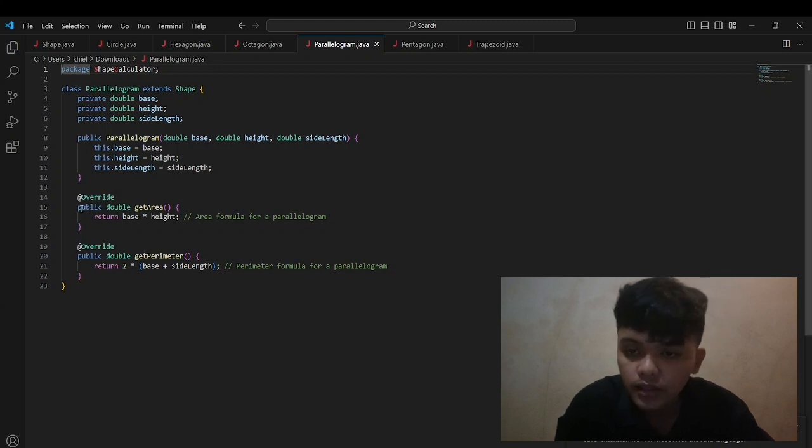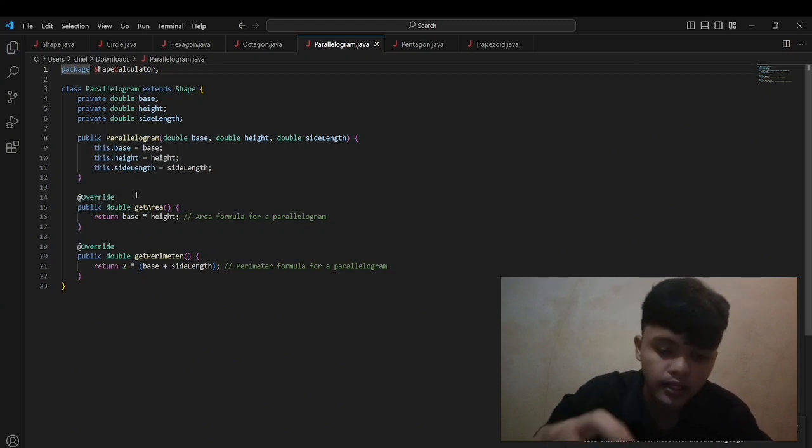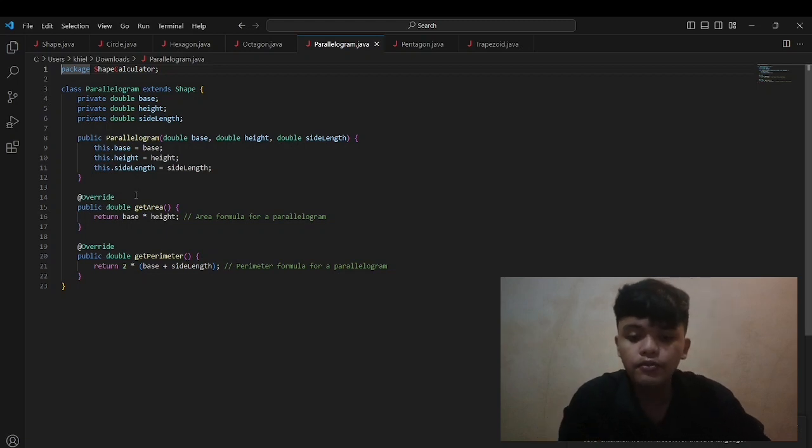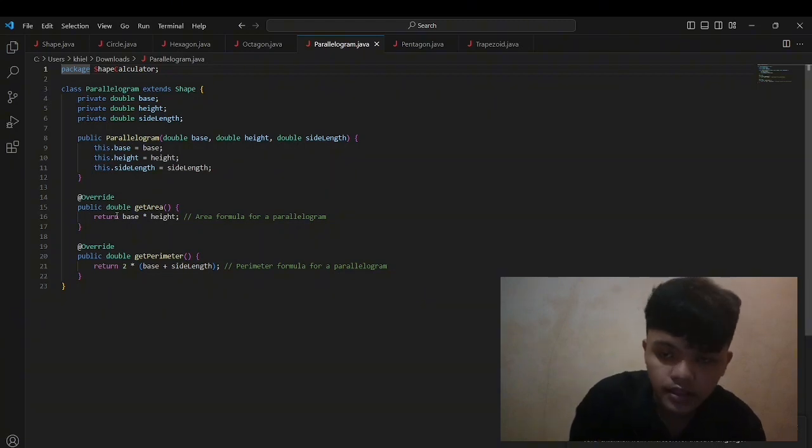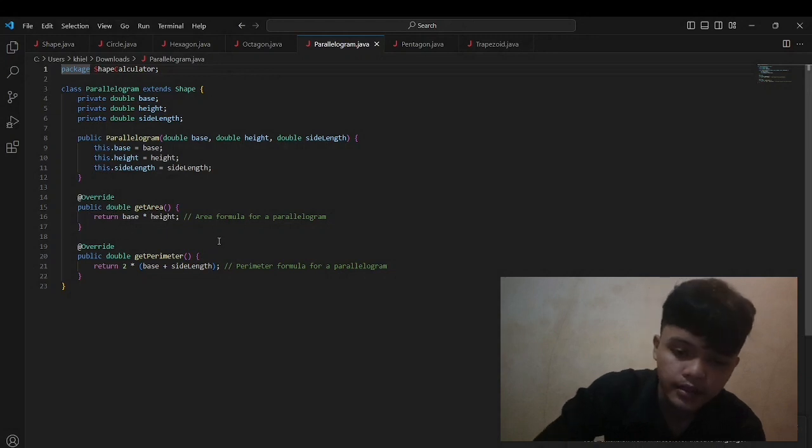Override the getArea method to calculate the area of the parallelogram. The formula for the area of a parallelogram is return base times height. Override public double getArea, return base times height.